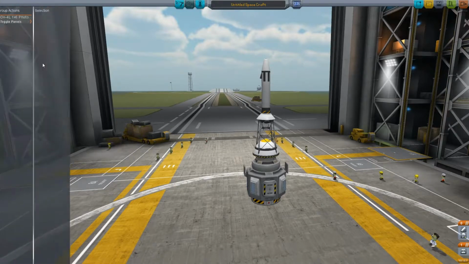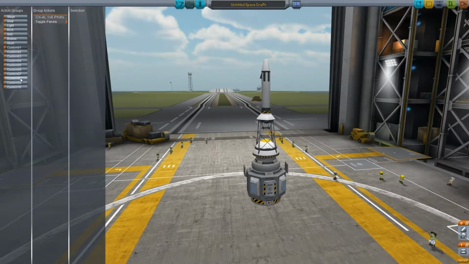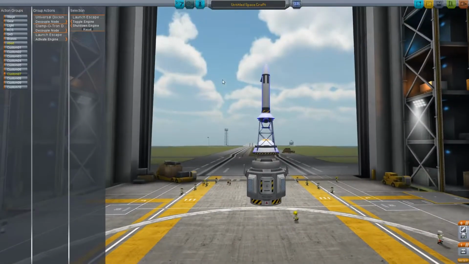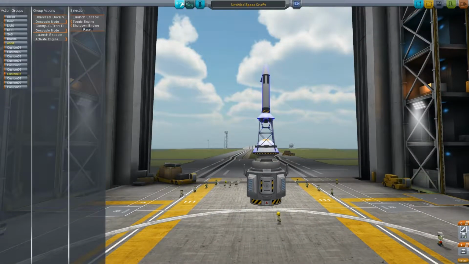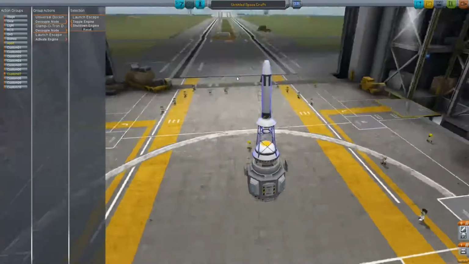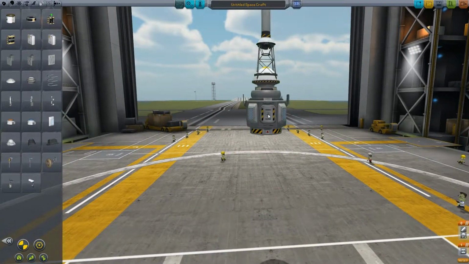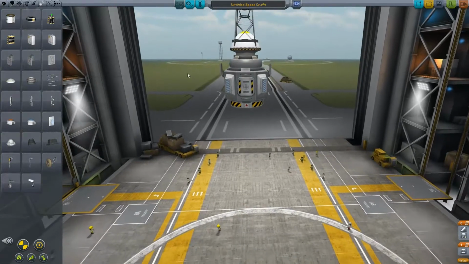Also, different action group 7 for decouple node and activate engine for the event of actually getting this into orbit and wanting this free. So then under this, we need, of course, the actual lander ship,